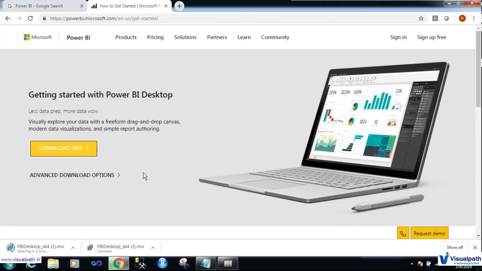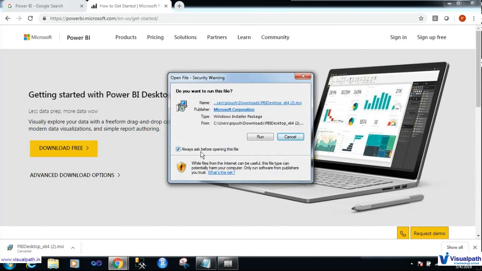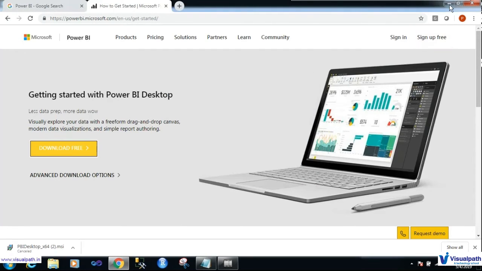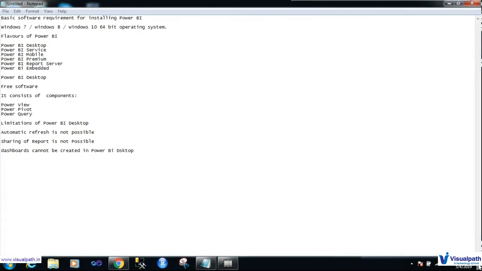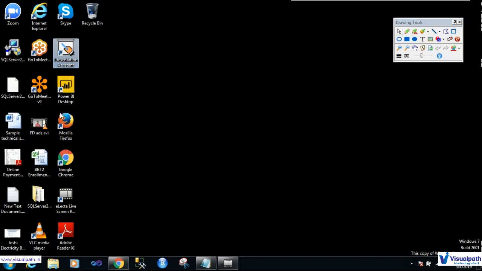Okay guys, so it got downloaded. You can click on run, and it will start executing the installation of Power BI. After installing it, you will get a Power BI icon in the desktop.